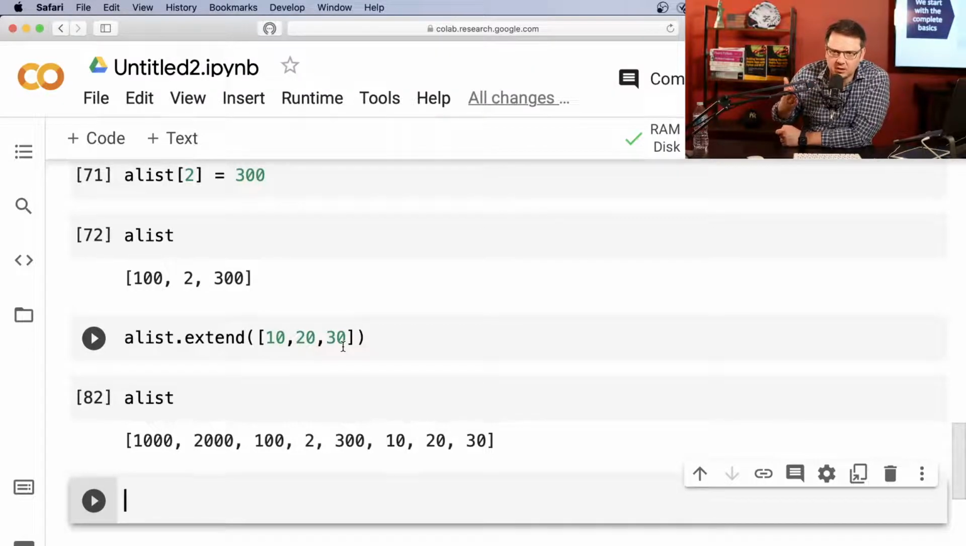Now, append takes and appends one object at a time, while extend actually appends many items. So if you need to append many items, you better go with extend, especially if you want to do something, for example, I use that every time when I do web scraping. Because when you scrape data from websites,